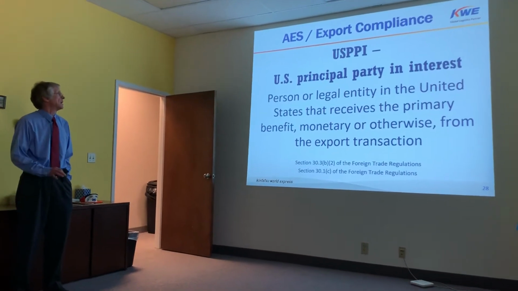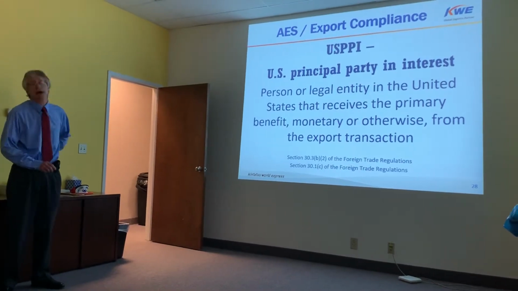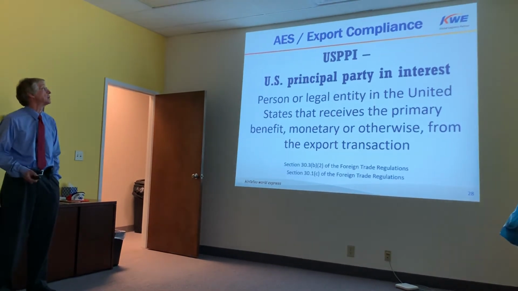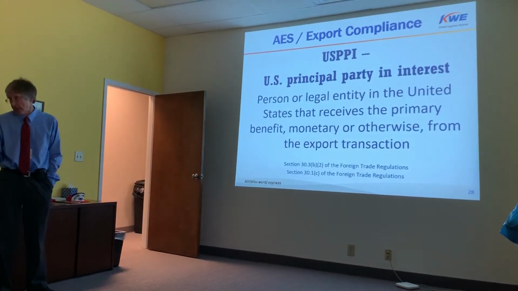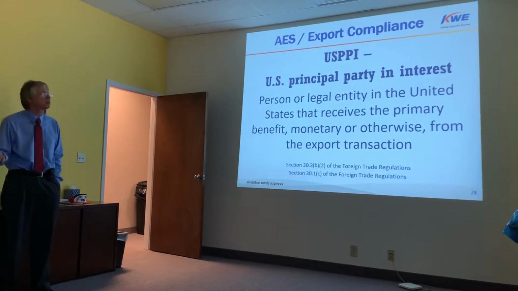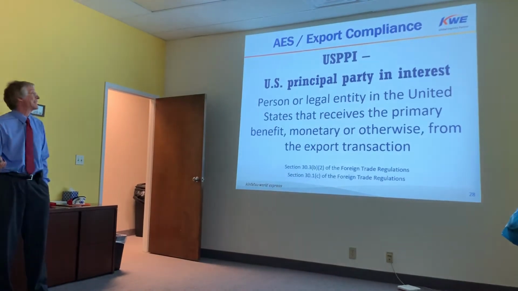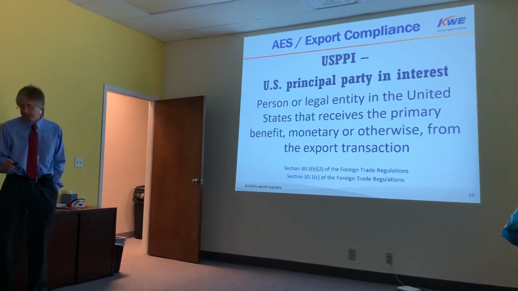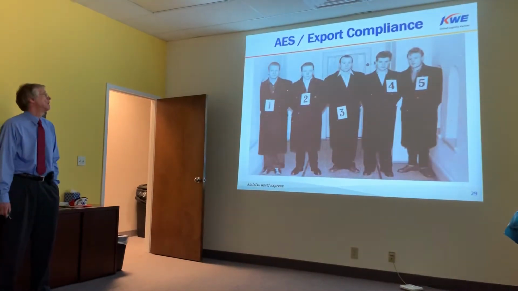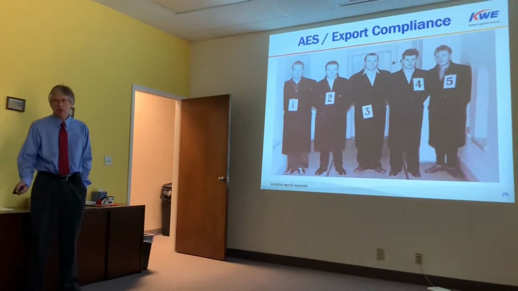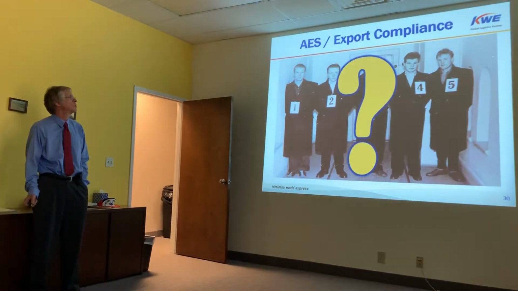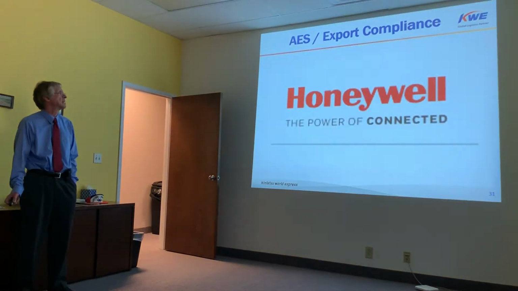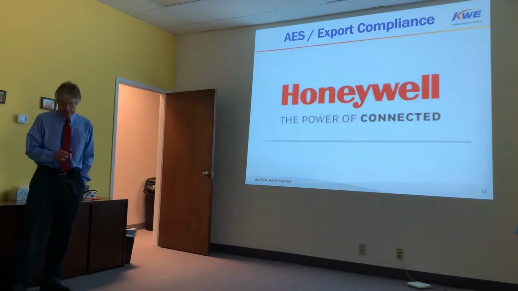Now this one seems to cause a lot of controversy. It's really rather straightforward in my opinion, but the regulations define the USPPI as the person or legal entity in the United States that receives the primary benefit, monetary or otherwise, from the export transaction. So who can these people be? Who is it that can receive the primary benefit of the transaction in the United States? Well, in this case,